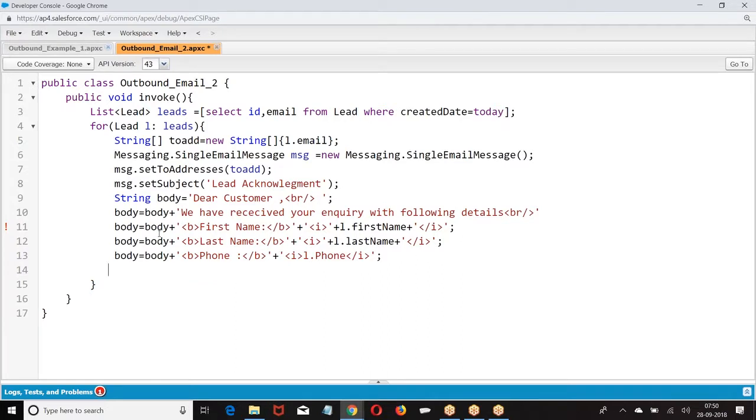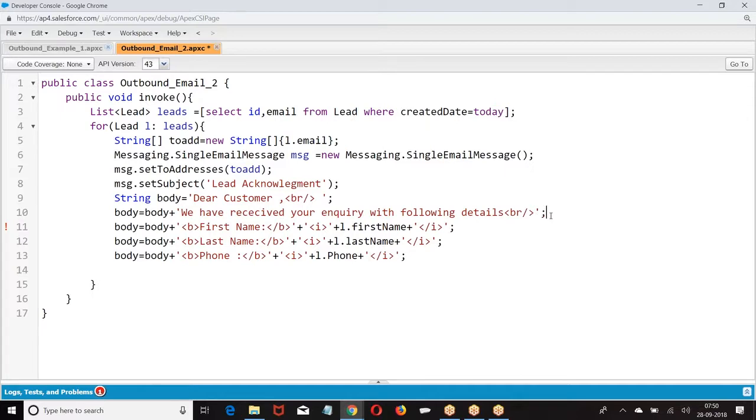So what did I do now? Body we have semicolons.